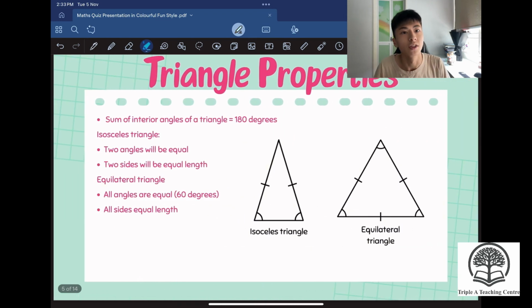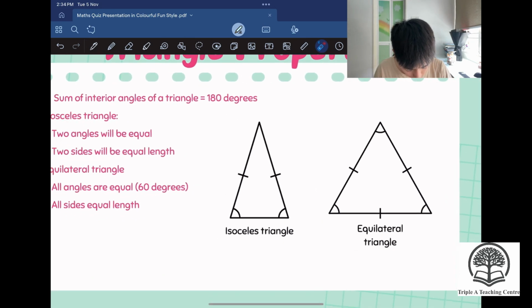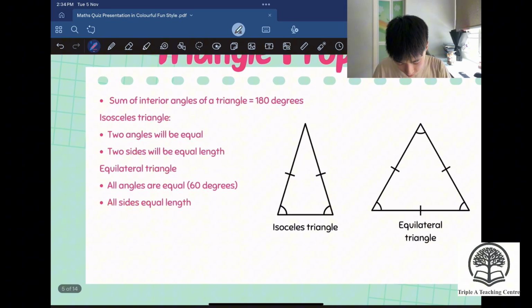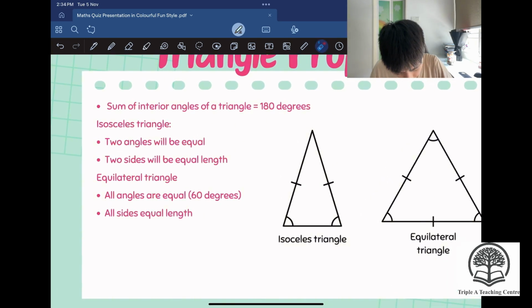Let me just explain the triangle properties for you. All of you know what a triangle is, right? It's this and this over here. We have 2 types of triangle. Actually, we have 3. One being your common type of triangle with all different side lengths, with 3 sides. But we have 2 special triangles that we are going to be discussing today. So for an isosceles triangle, which is the triangle I have over here,